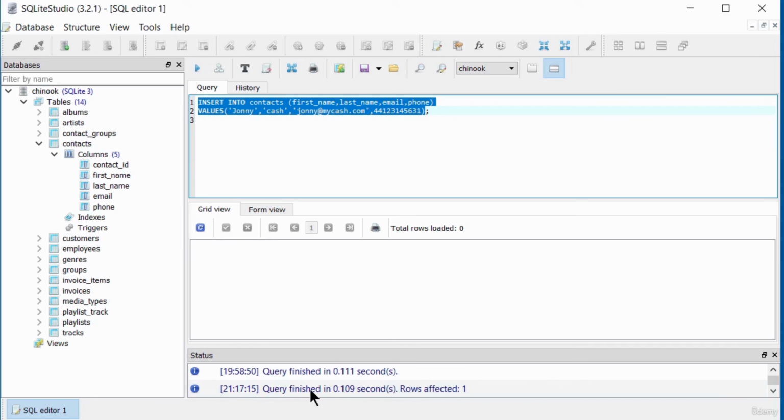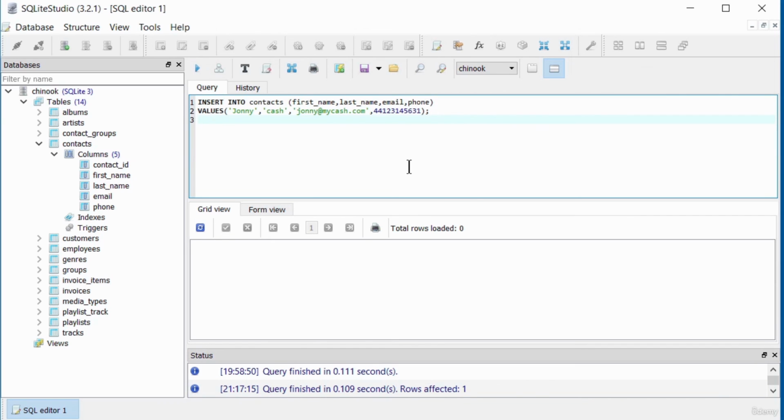It tells me the query ran with no issues. So now we can check that by doing a quick select statement. So I'll do a select, and I'll do star from, and the name of the table is called contacts. So now if I just select that